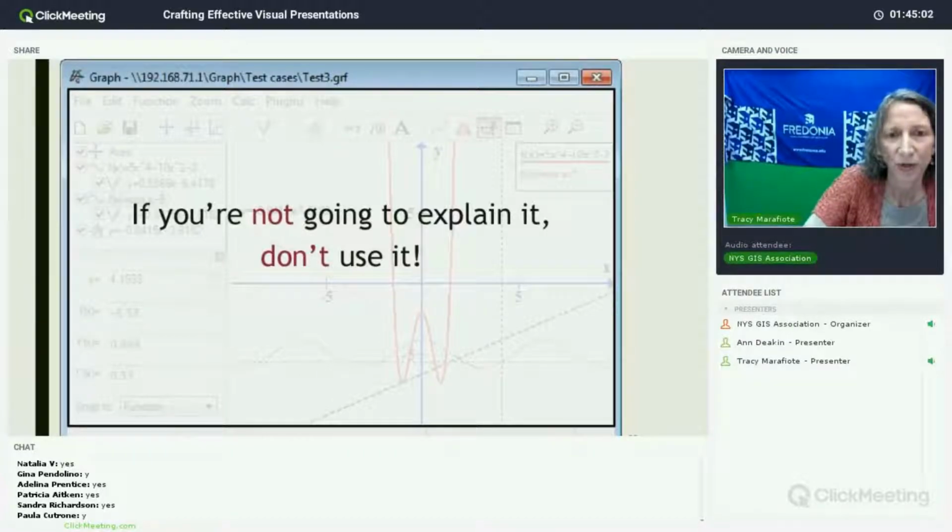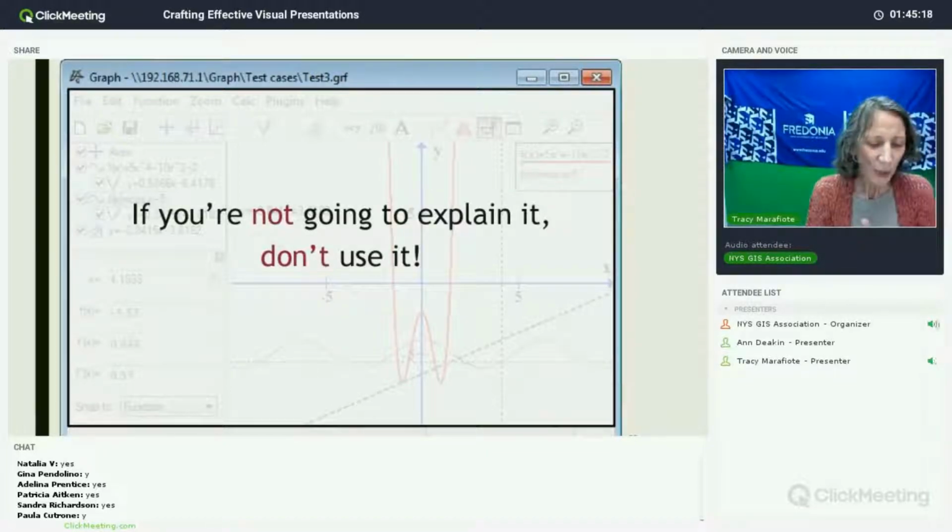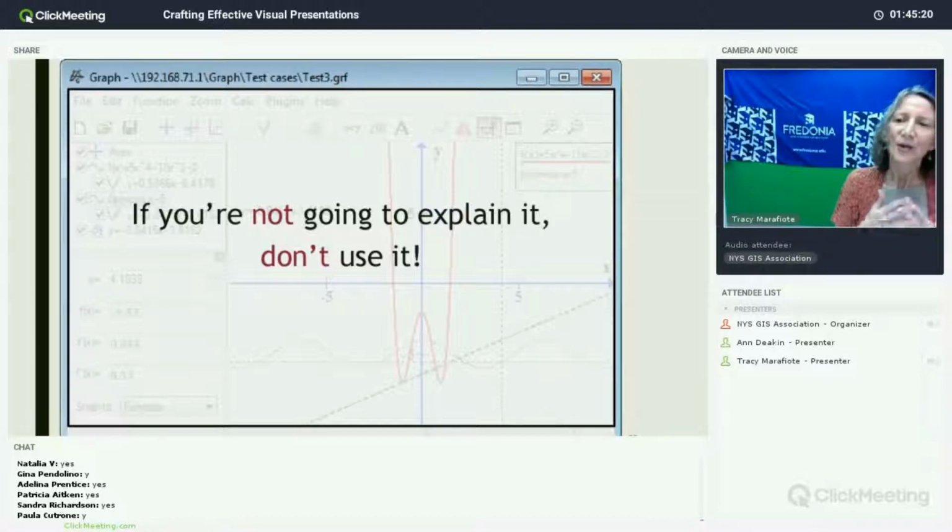Now, I'm supposed to first show you this really complicated slide. Again, the animation was not working here, but you can look behind the text here, and you can see that it's a fairly complicated statistical representation. At least it's complicated to somebody in the humanities. It may not be to you, but to me it is. So if you're not going to explain your chart or your graph, don't use it.